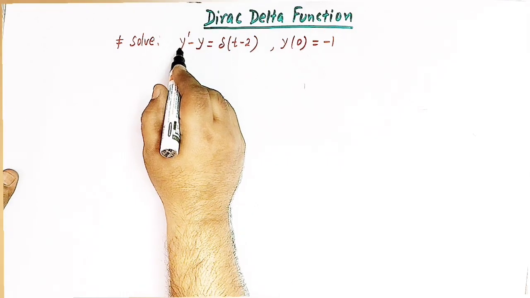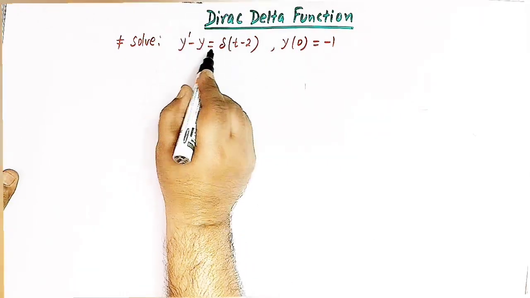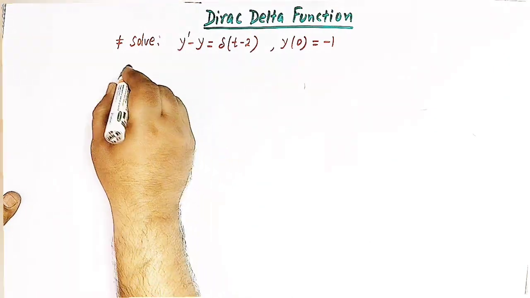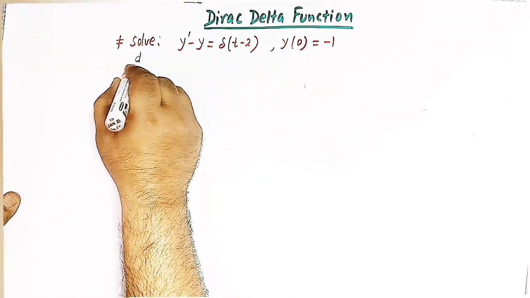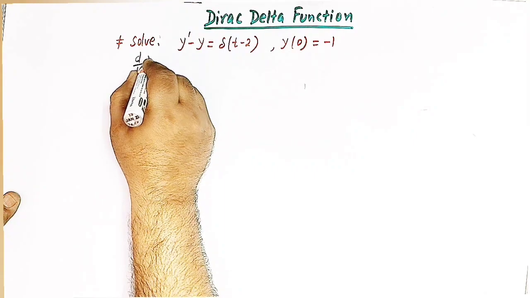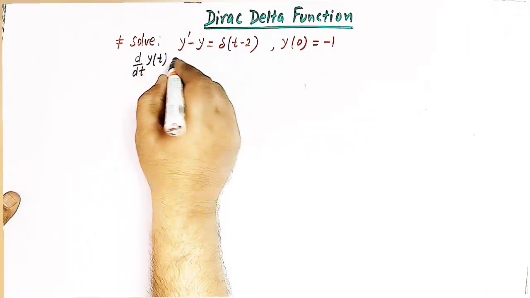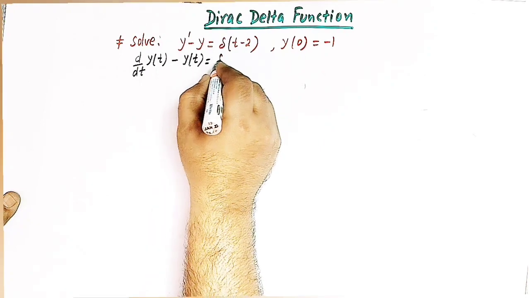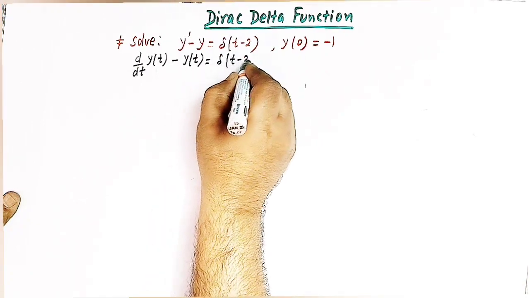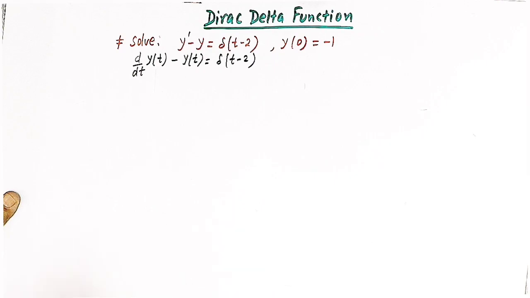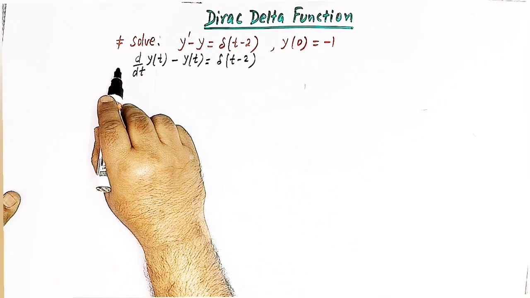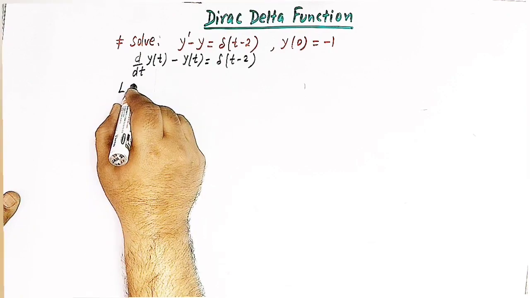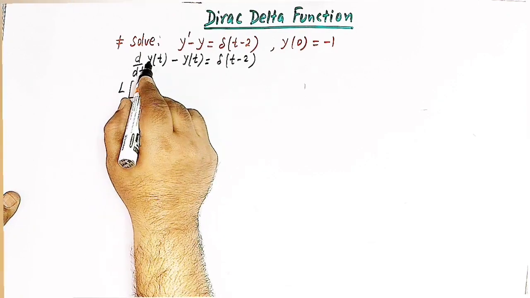So here we are given y prime minus y is equal to delta of t minus 2. Let us rewrite this differential equation as d by dt of y of t minus y of t is equal to delta of t minus 2, right? Okay, now taking the Laplace transform of both sides,